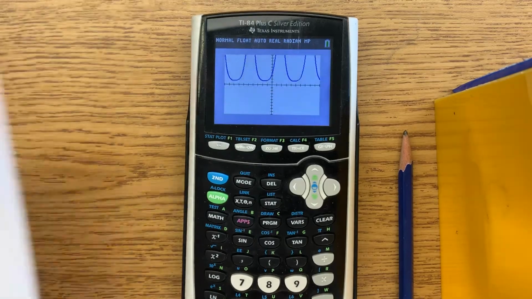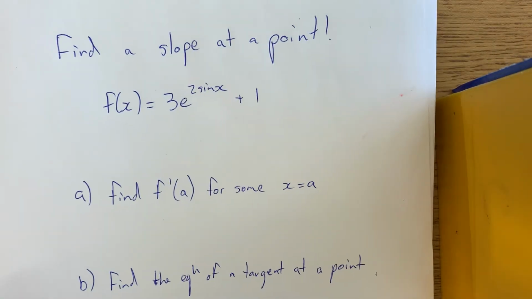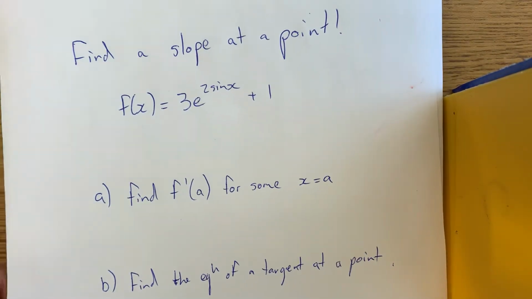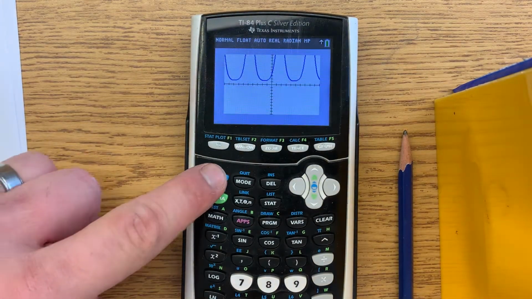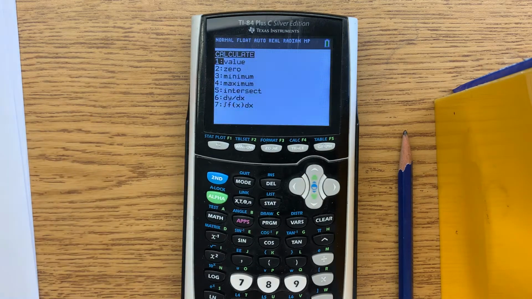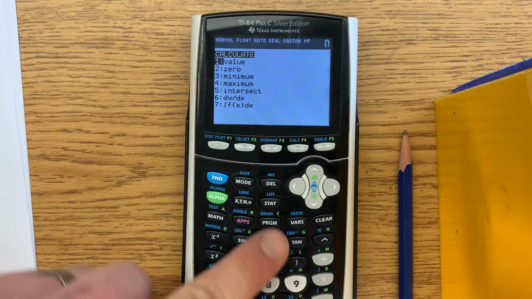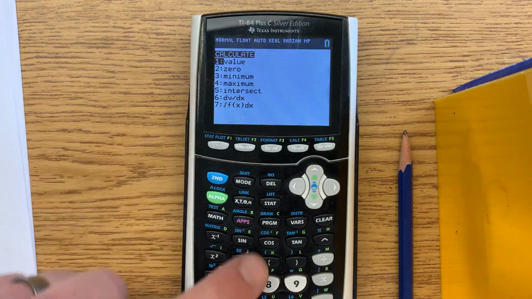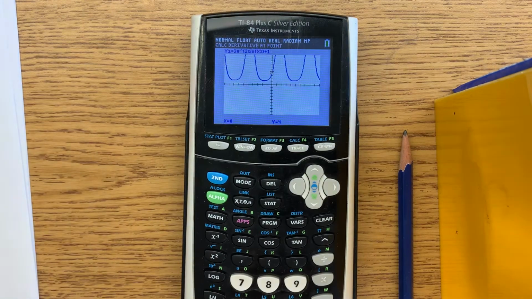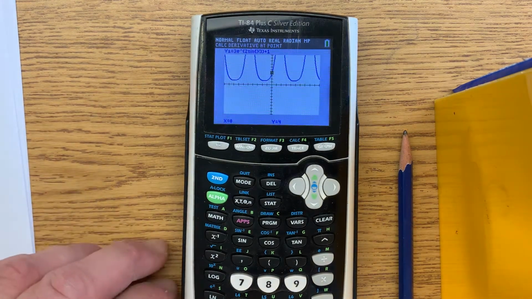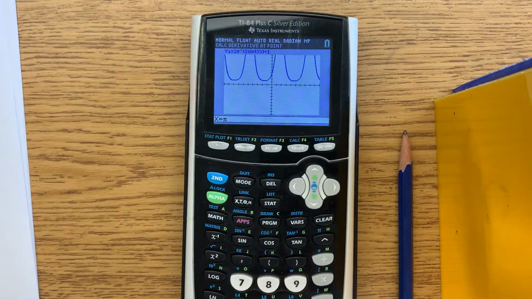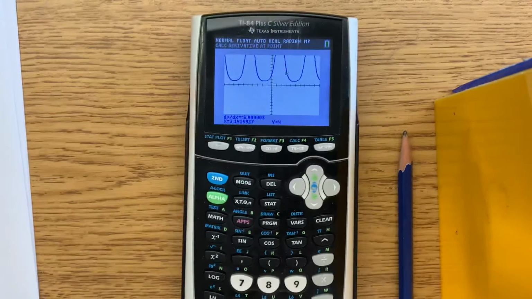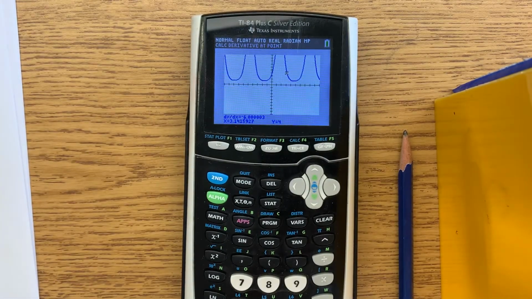So if I wanted to find the slope at a particular point, so I'll find the derivative of f at some value x equals a, I can just pick any value I want. I'll do second function, trace for calc. I'll choose option 6 for my derivative. And now it's going to pull up my trace, and I could trace along, or I could simply type in a value. So if I want to know the derivative at pi, I just type in pi and hit enter, and it's going to go ahead and give me the derivative of